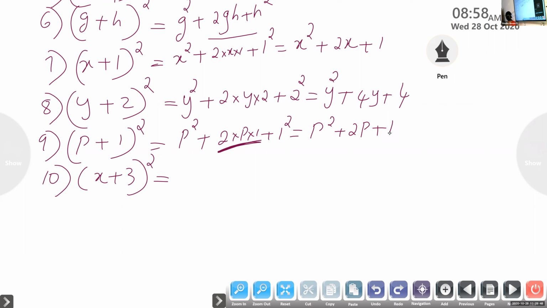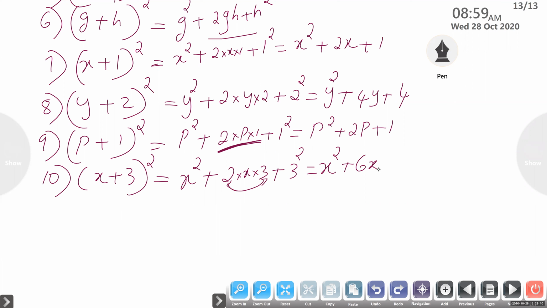And 10th one. X square plus 2 into x into 3 plus 3 square. So it is x square plus 6x plus 9. So next one is